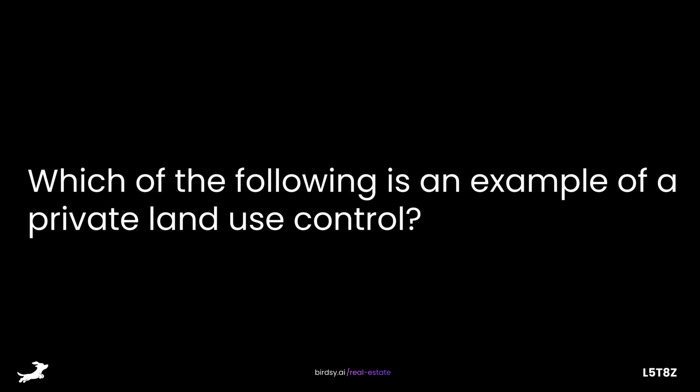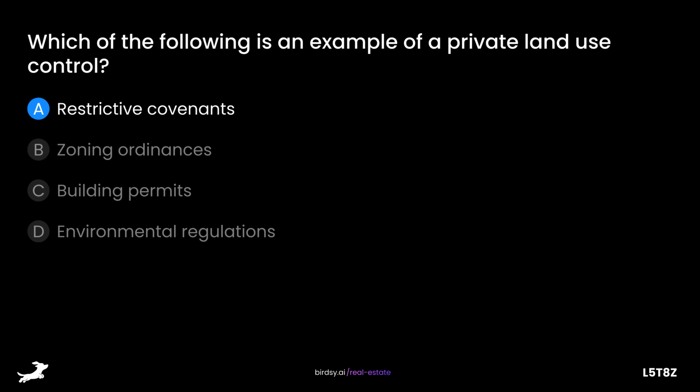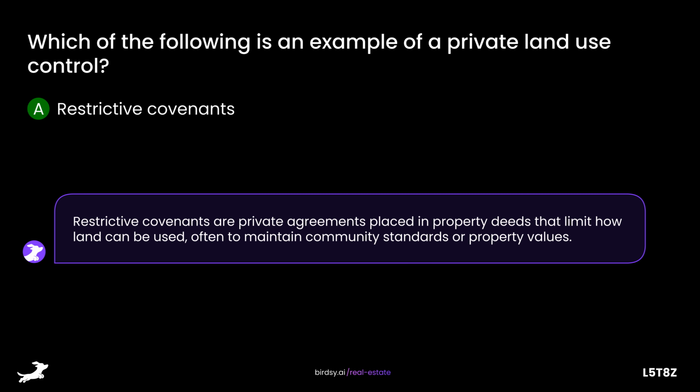Which of the following is an example of a private land use control? Is it A, restrictive covenants, B, zoning ordinances, C, building permits, or D, environmental regulations? The answer is A, restrictive covenants. Restrictive covenants are private agreements placed in property deeds that limit how land can be used, often to maintain community